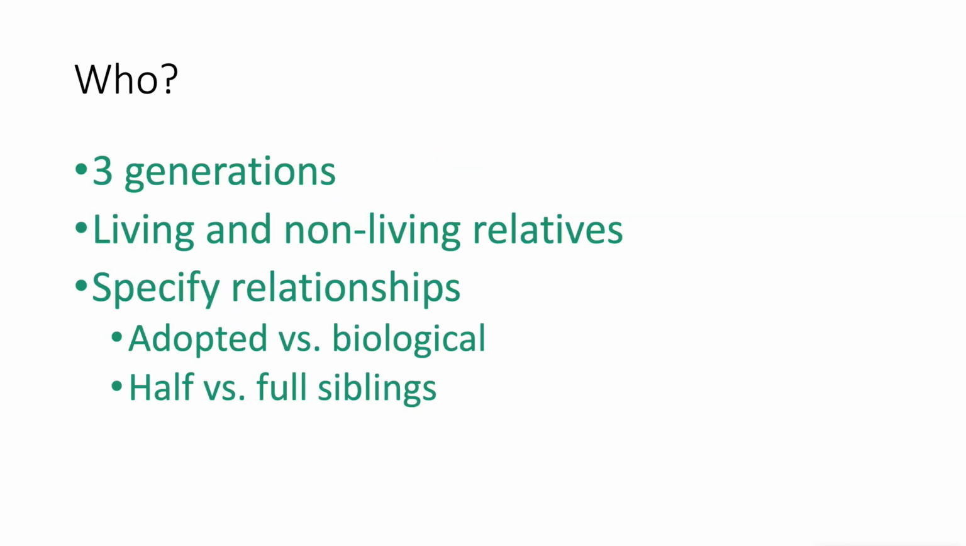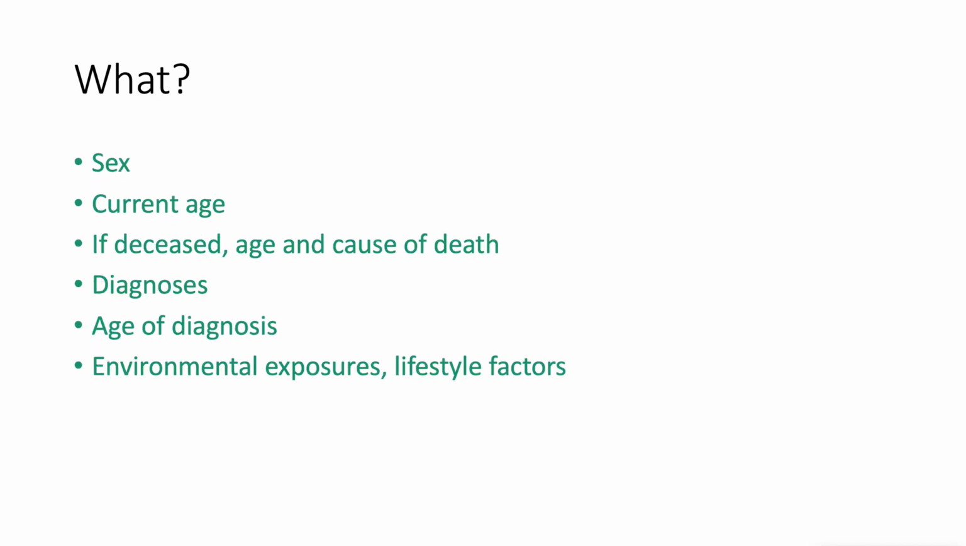So who do you want to talk to? Who do you want to know about when you're doing the family health history genetics? 3 generations. That's important to remember. 3 generations. Non-living and living relatives. And you need to specify the relationships. Adopted versus biological, half versus full siblings, because that goes into the pedigree. The things you're going to ask when you're doing the patient assessments. The basic things